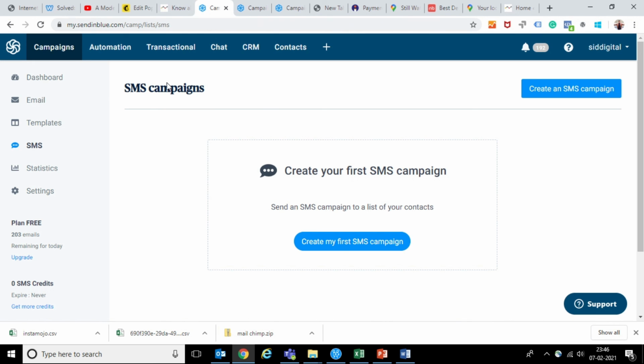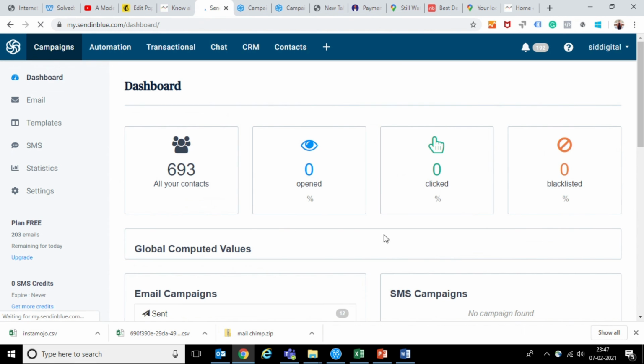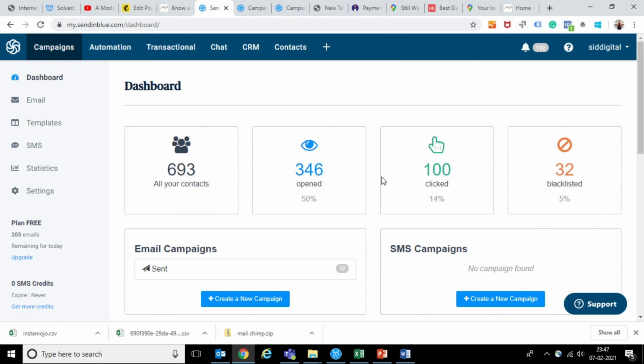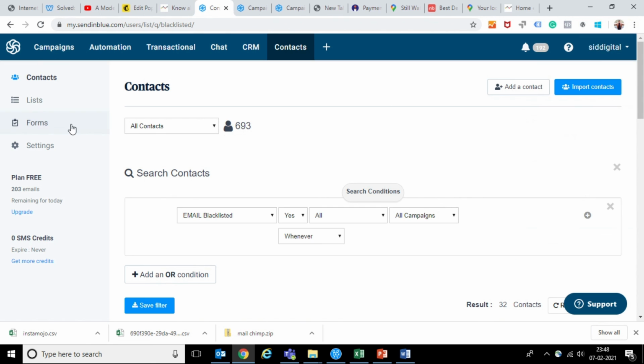Once your simple automation starts working, then you create automation for the groups that you have created, right? Inside the dashboard, you can see that almost 50% of the audience are opening my mail, 14% have clicked on it. So these are the features I used to trigger my automation.